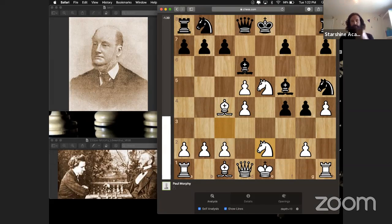Oh, no. So they do these trades first. And I think this was a bit of a, I wouldn't have done this if I was Bird, because he's kind of fixing the pawn structure of white. So white's got doubled pawns, which is not ideal. And he goes ahead and